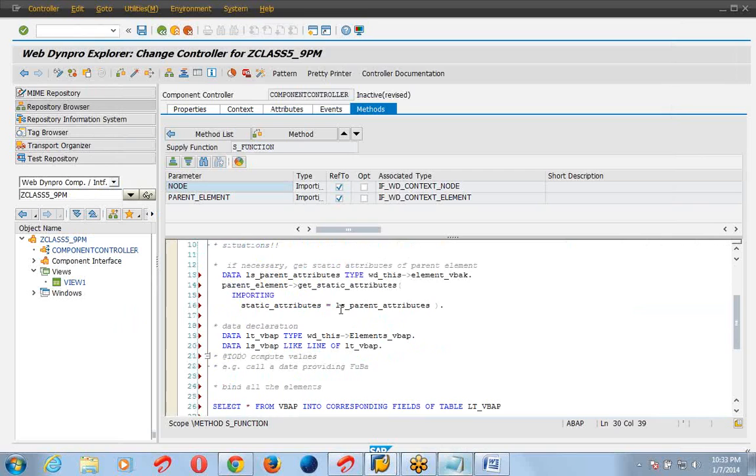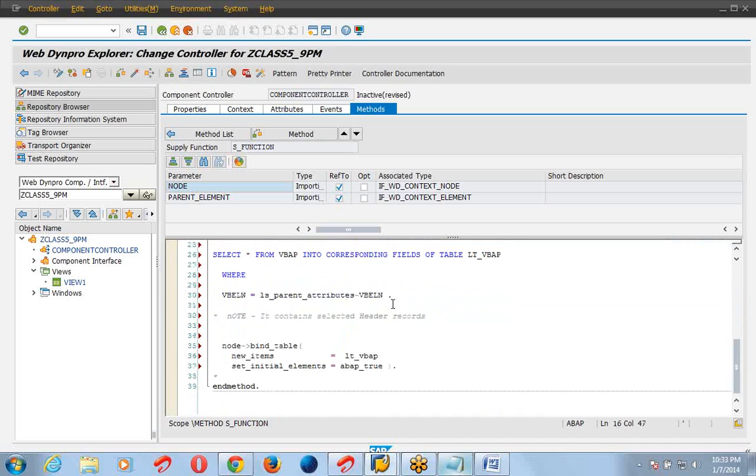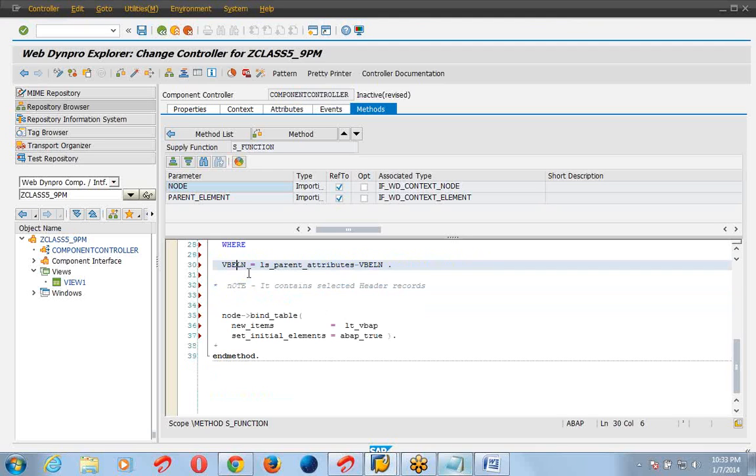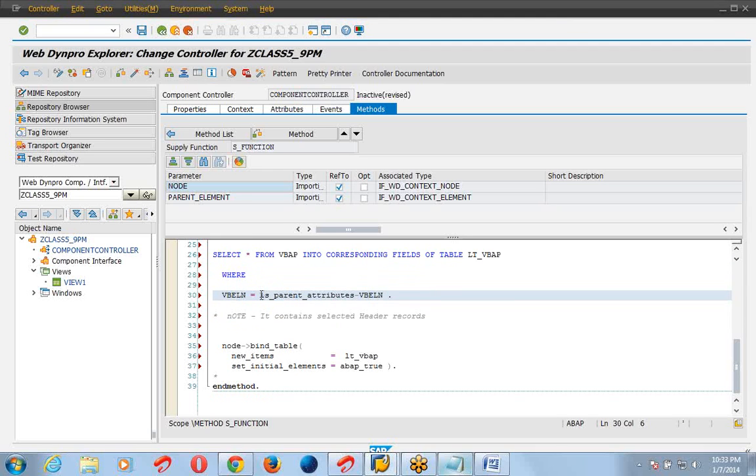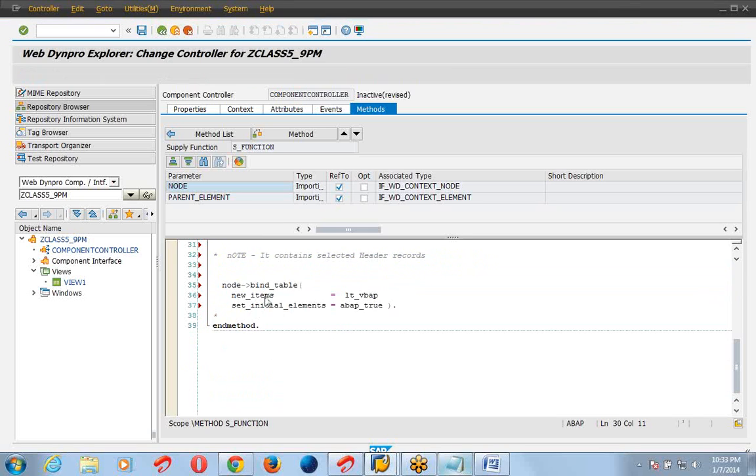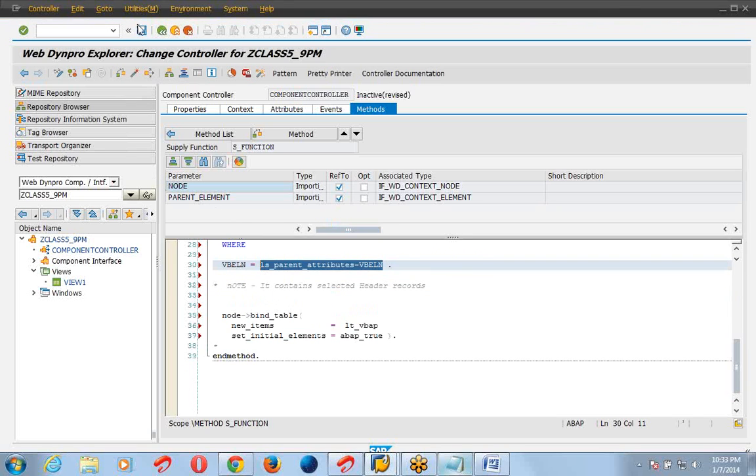The record is selected at the parent node, so the value of the parent node VBELN is equal to the value of VBELN, on the basis of the selected record, because the selected record is available in that. This is complete. Then save.